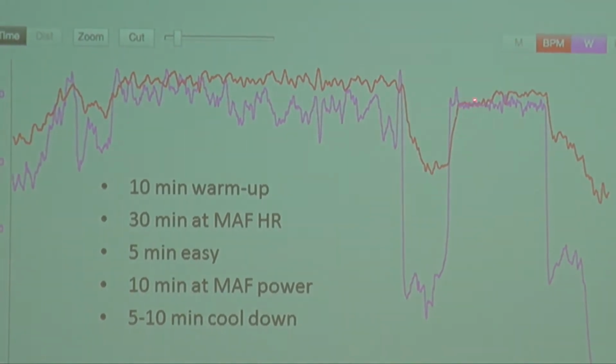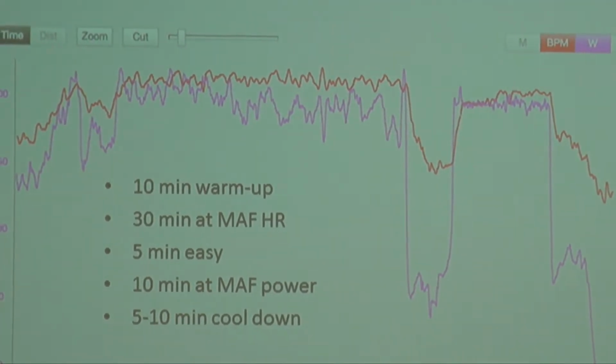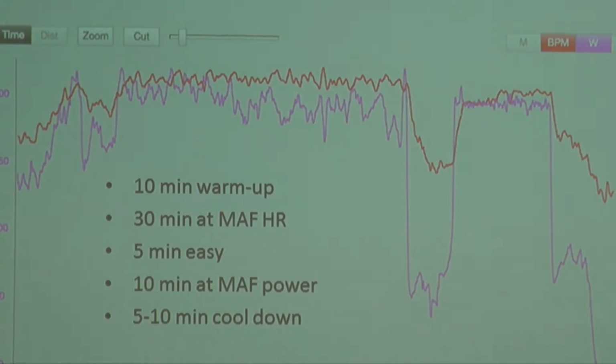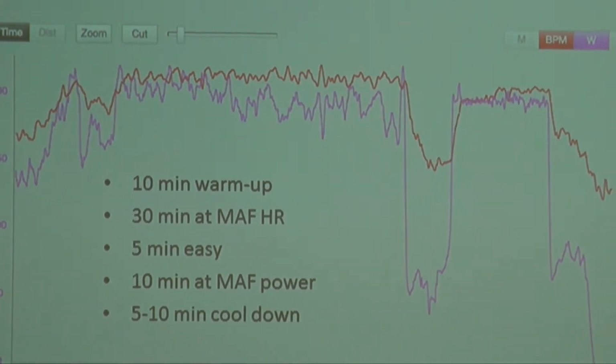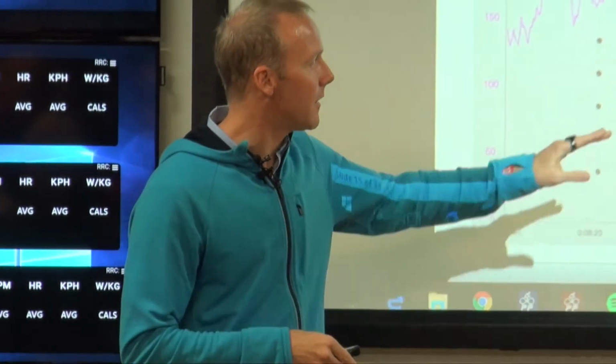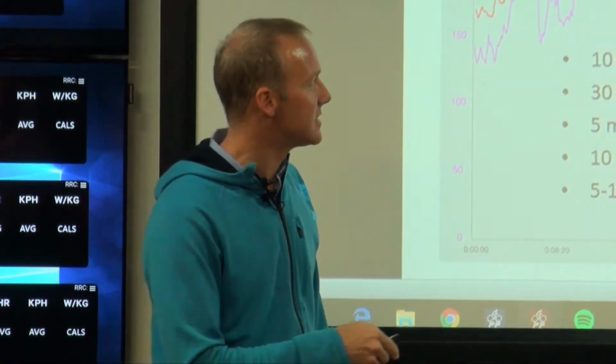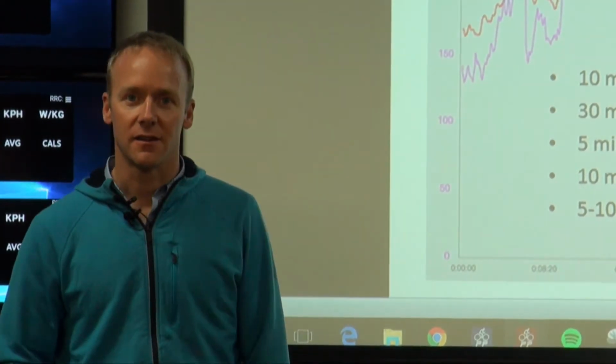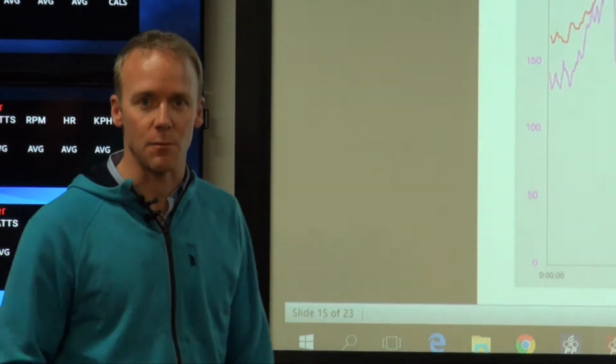It locks in there for a little bit, but it still drifts a bit. So I'm probably a little bit off. Either the power is a little bit high, or the heart rate's a little bit high, so I'll need to fine tune this. Ideally, I would want that one to just be stable and flat, because that's what you want for Ironman if you want to run off that.